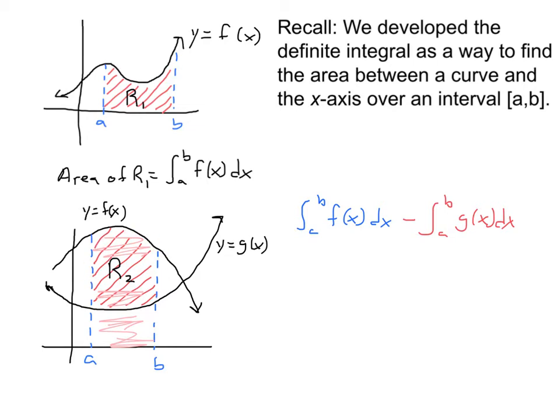And properties of integration tell us that we can rewrite that as the integral from a to b of f of x minus g of x